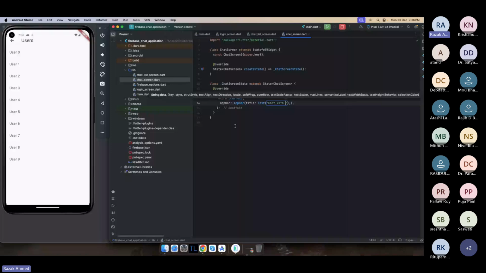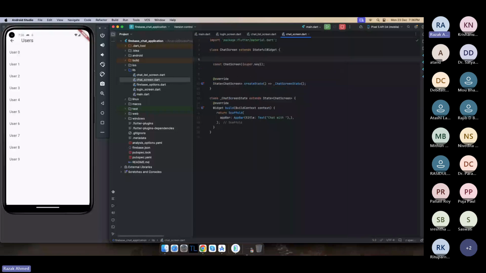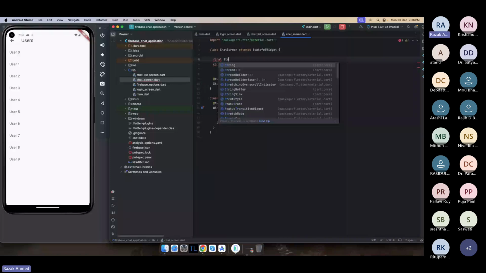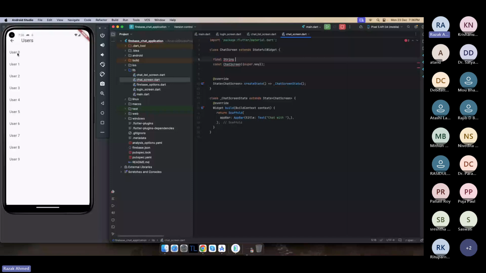Let me create two variables first. And this will be the user ID that I'll press on this list screen, and this username will be passed to the chat screen. So I'll name it as user ID, and one more variable will be